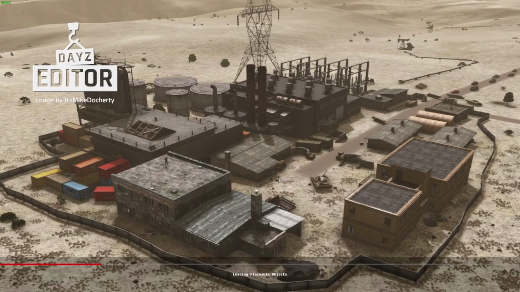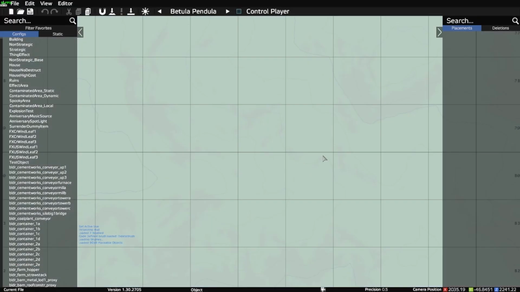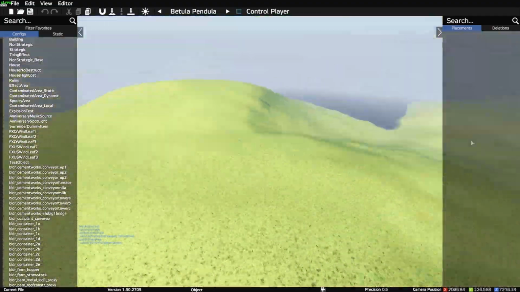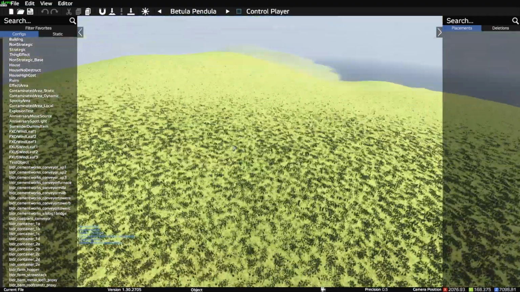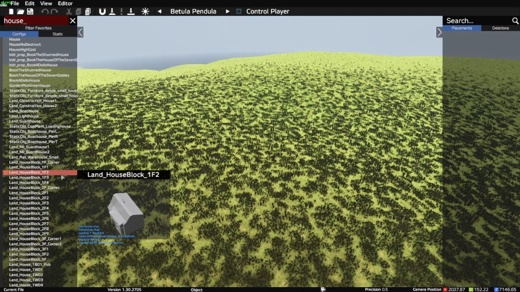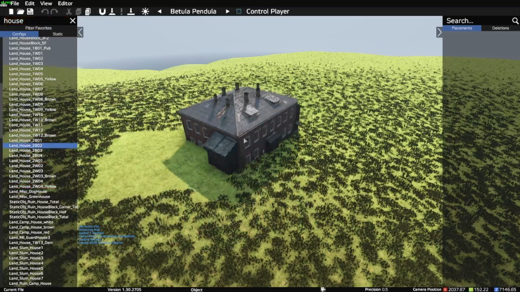But so first, you want to load into your map, and then... I completely lost the train of thought. But you'll load into your map. Oh yeah, so what I was gonna say: first, you'll definitely want to go in and flatten out the area that you want. But for the video, we're just gonna get some houses.